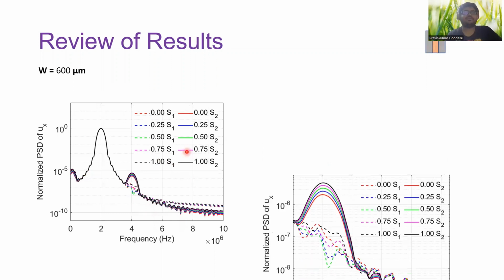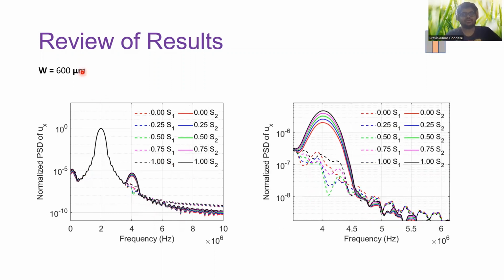When we go to the 600 micrometer width, for the forward scattered we can clearly see an increasing amplitude of second harmonics with increasing intensity of the central layer. But a very interesting observation is seen for the backscattered waves. The amplitude of the backscattered waves decreases when the intensity of the central layer increases from 0 to 0.5,